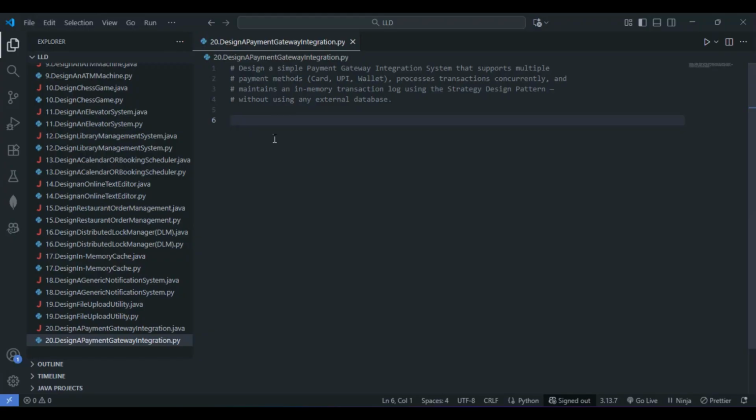Design a simple payment gateway integration system that supports multiple payment methods, whether it may be card, UPI, as well as wallet, processes transactions concurrently. So this we also have to keep in mind: processes transactions concurrently and maintains an in-memory transaction log. We don't have to go with any external database here. As we are going with a single file CLI demo, we can go with the in-memory transaction log using the strategy design pattern,